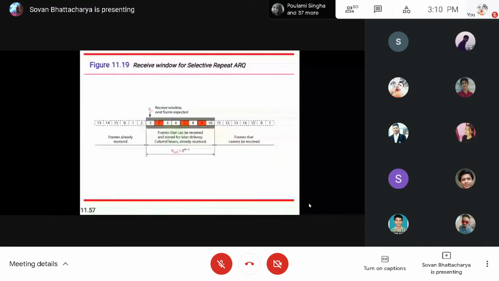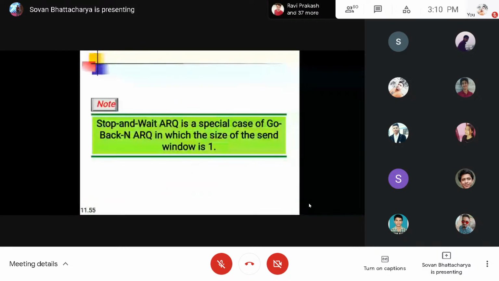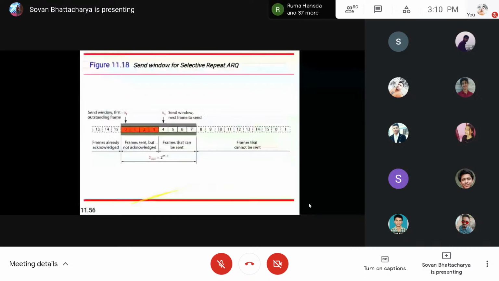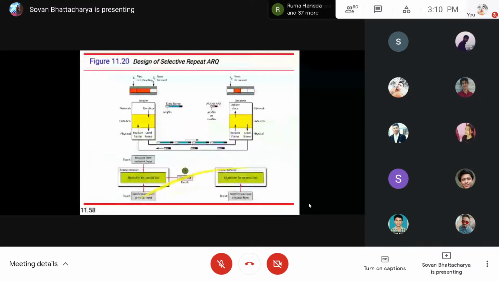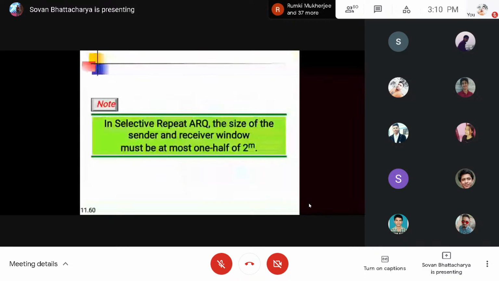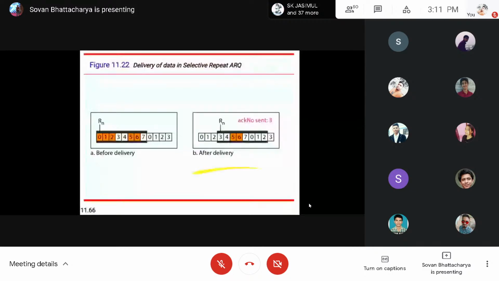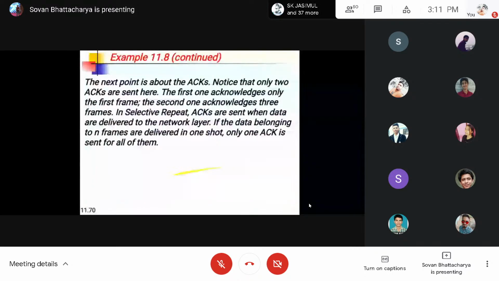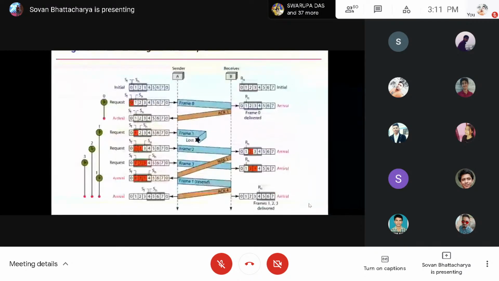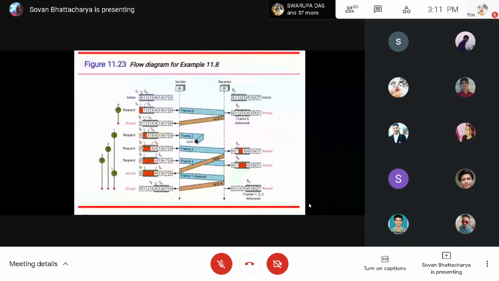Next is your Stop and Wait ARQ. Stop and Wait ARQ and Go-Back-N ARQ, so this is completed. Now the last one is Selective Repeat ARQ. Selective means, so here you see. Suppose I am sending frame 0 first. Now I have to receive the acknowledgement. Now you see, when frame 1 is lost,